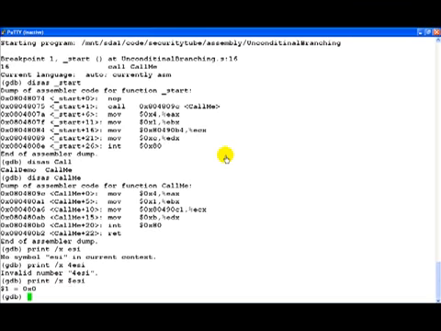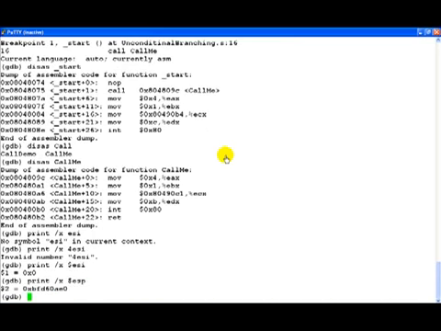Sorry. Right, so sorry, it's ESP, stack pointer, and this is where we see that the value has been set to BFD60AE0. Now let's go ahead and step through this.